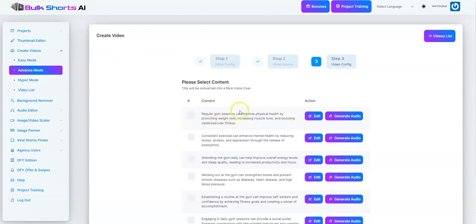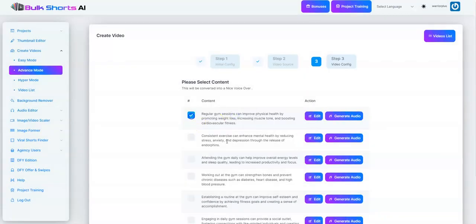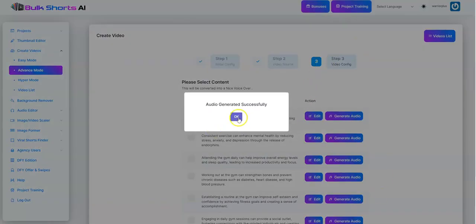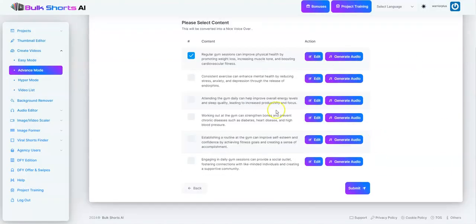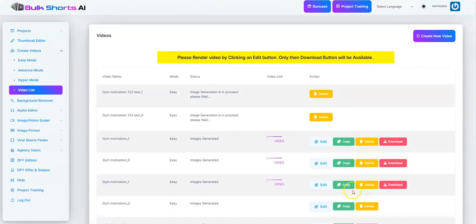I can make those changes on that particular script. I can generate audio, and firstly let me select the content, and I'll generate audio over here, and hit on generate audio. So that's generated successfully. Scroll down and click on submit over here. So that will go on to rendering the images and then the video, and then we have got the third